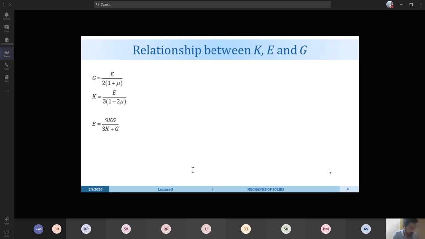And similarly, we have this expression: K equal to E by 3 into (1 minus 2 mu). From these two equations, we can find the combined equation containing all the terms K, G, and E. I think you have to remember this equation by heart, as it might be useful later in quizzes or the GATE exam. You will be given the elastic modulus and asked to find the shear modulus. We can actually derive some of these equations. I am planning to show the derivation for one expression, but we already lost some time. Maybe if we have time in the last minute, I will show it.